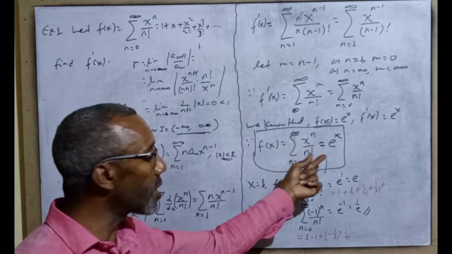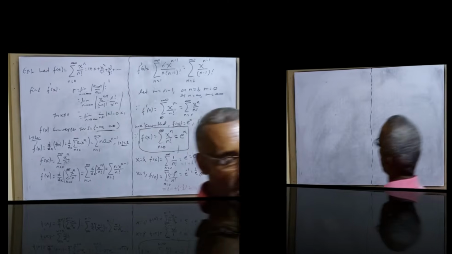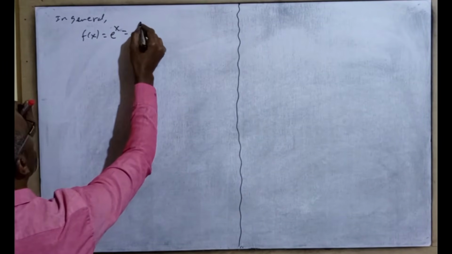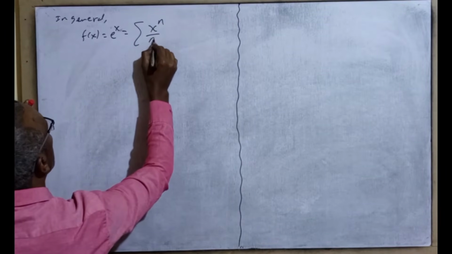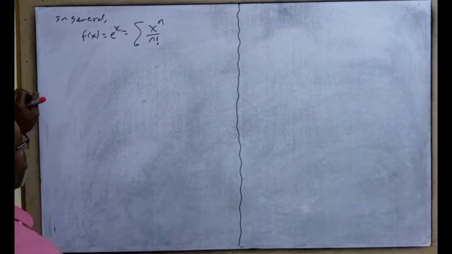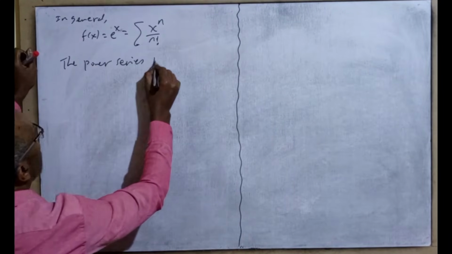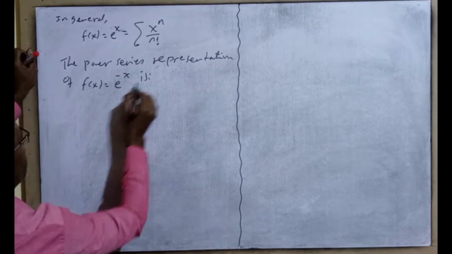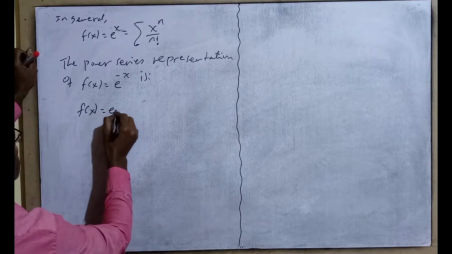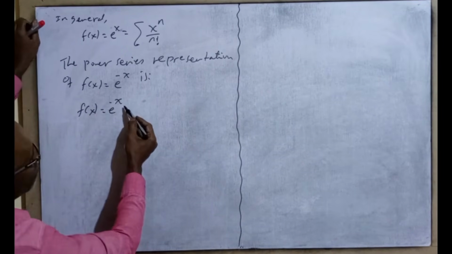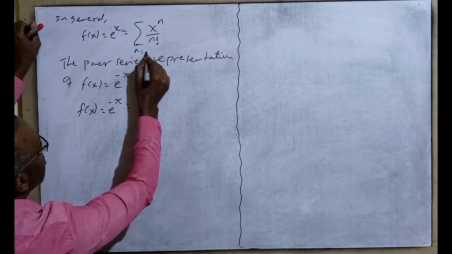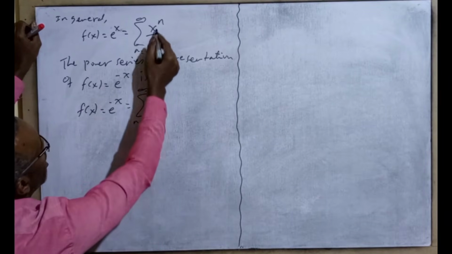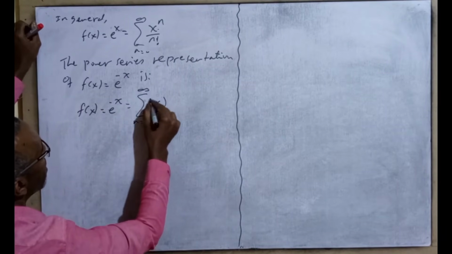So the power series representation of f of x is equal to e to the power of x, and the derivative of this is itself, f of x. So in general, if f of x is equal to e to the power of x, the power series representation is x raised to n over n factorial. Now, what is the power series representation of f of x is equal to e to the power of minus x? Substituting minus x in place of x, with n running from 0 to positive infinity, we get minus x raised to n